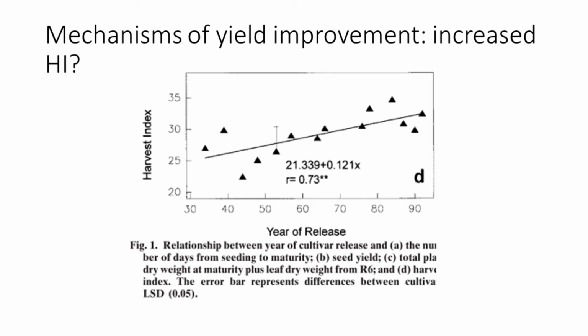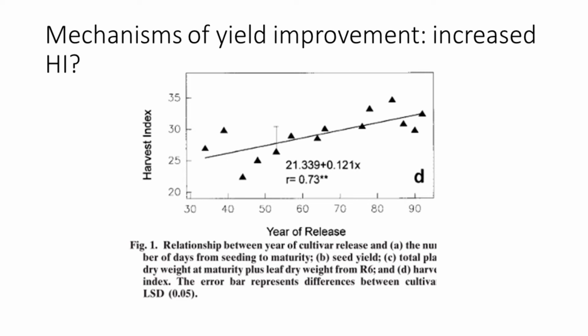So the last variable in that yield equation is the harvest index, the proportion of total crop growth that is allocated to the grain. And here the Morrison paper shows a significant increase over year of release, a significant positive trend in harvest index. So modern varieties, newer varieties have a higher harvest index, and that's likely why they're higher